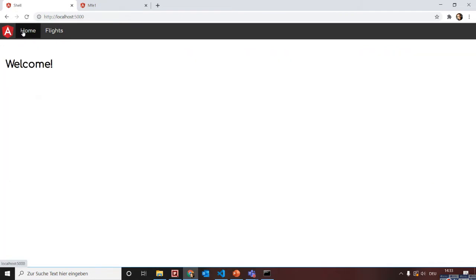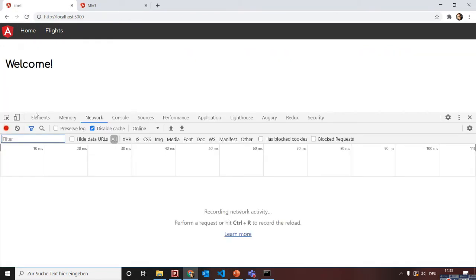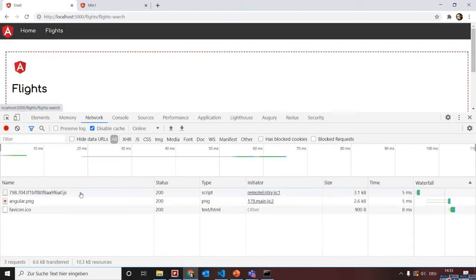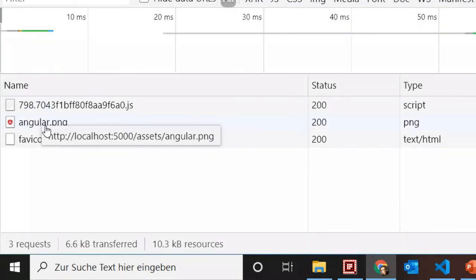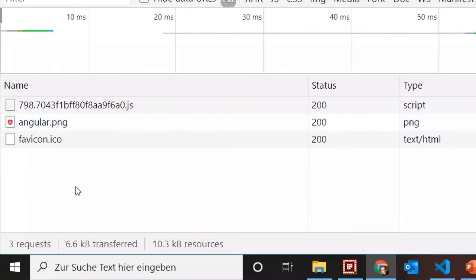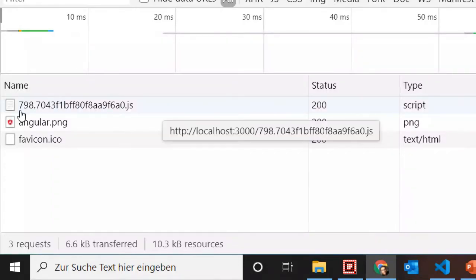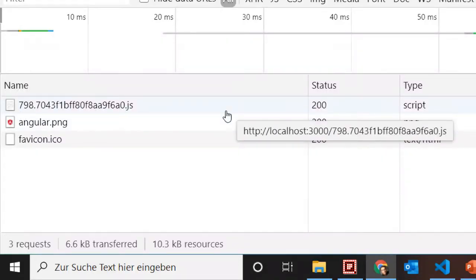When we look at the Chrome tools, at the network tools, clicking here looks a bit like lazy loading, doesn't it? I'm clicking here and I'm getting this bundle loaded, 798. A very self-describing name, if you ask me. No, that's just typical for a production build. I just did the production build for this, and so I've got an ID as the name, but that can be configured.